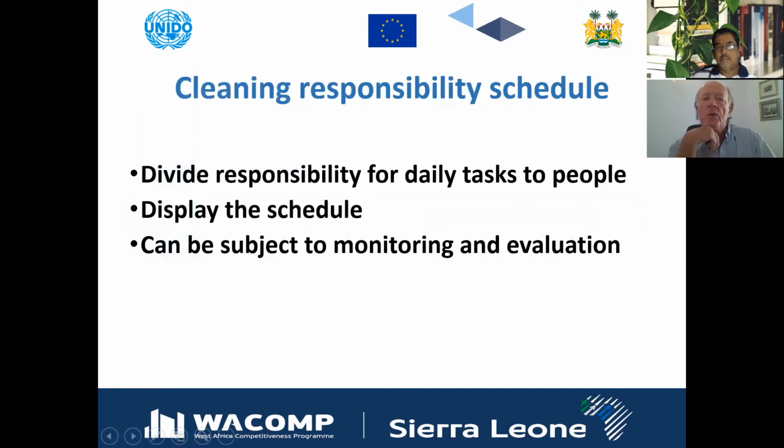So typically, we will have a cleaning responsibility schedule. Let's divide responsibility for daily tasks to different people. Maybe something simple. If you're in a university environment, I'm sure you have coffee rooms where you go to make your cups of coffee or your cups of tea or whatever. Then if somebody is assigned to keep that coffee room clean, maybe once a week, it may be once every 10 days, and there is a rota,